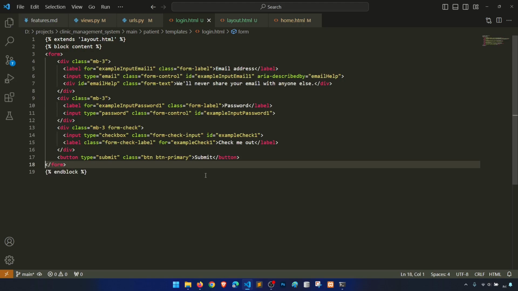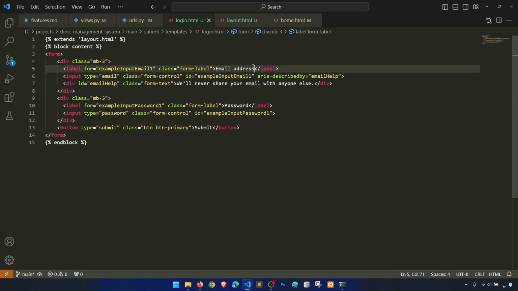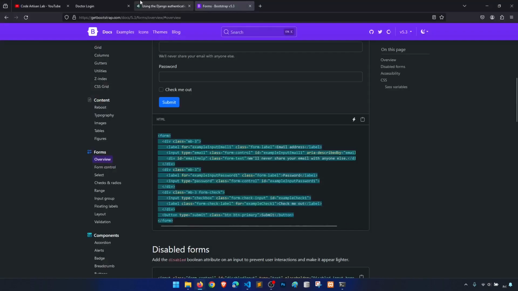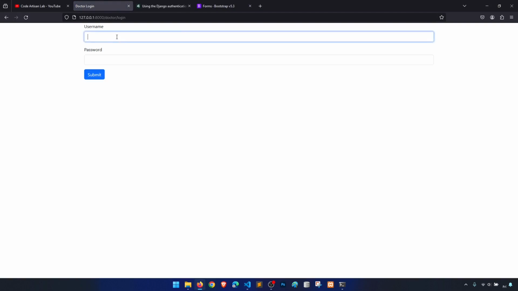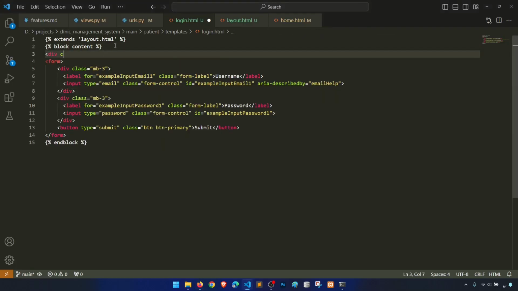container. So this one we don't need. Remember, we'll say username, right? And then we don't need this also, and then we have a password, type password. We will change the attributes later, but let's see now how it will look. So if I see here, it is like this, right? Now let's create a row here,